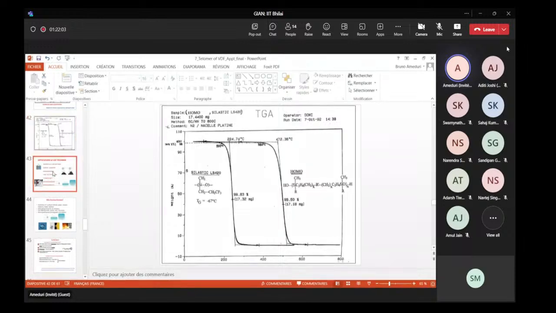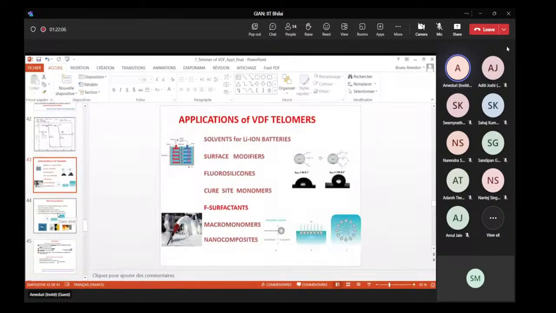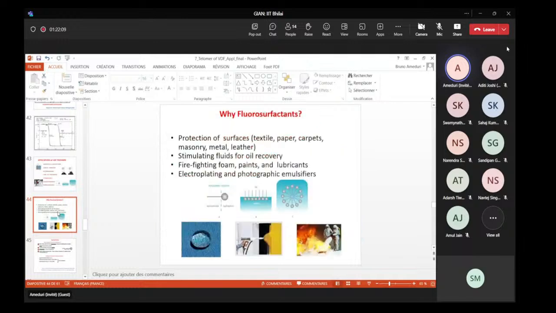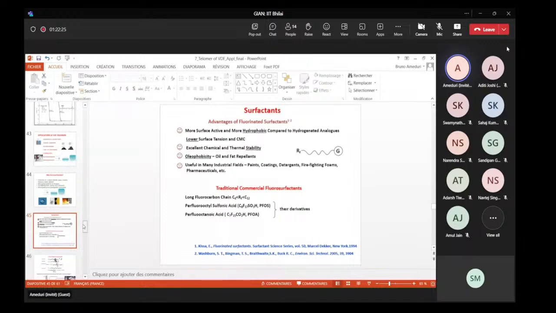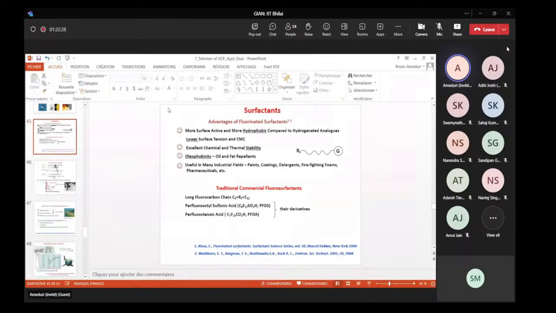I would like now to speak about surfactants. So you know that surfactants were widely used in many applications for protection of surface, stimulation fluids, or oil recovery, firefighting foams, or as you can see here, paint, lubricant, electroplating, photographic emulsifier, etc. But there is a problem on this, and usually they are very efficient, more efficient than hydrocarbon surfactants. So you have a hydrophobic tail with a fluorinated group and a functional group, just like carboxylic acid or sulfonic acid. But these